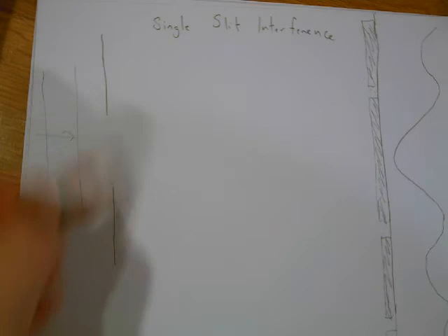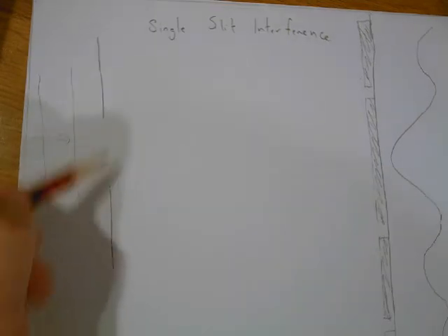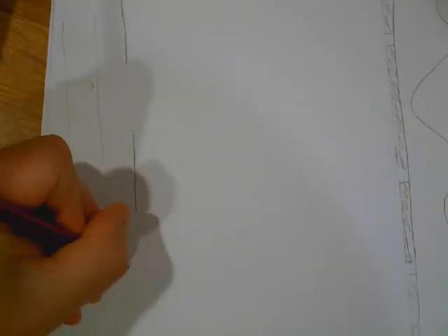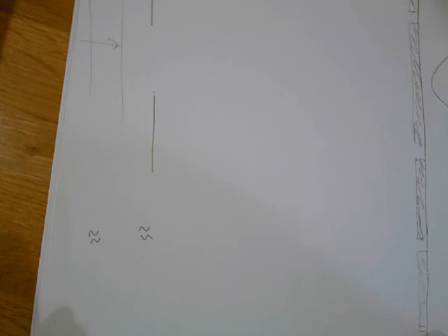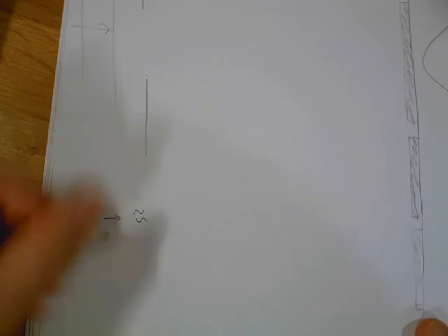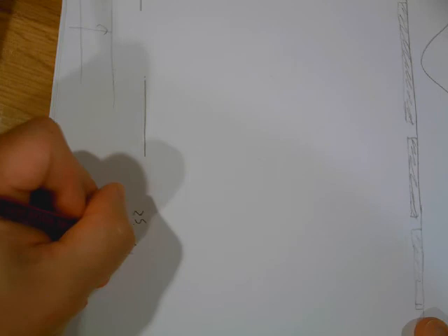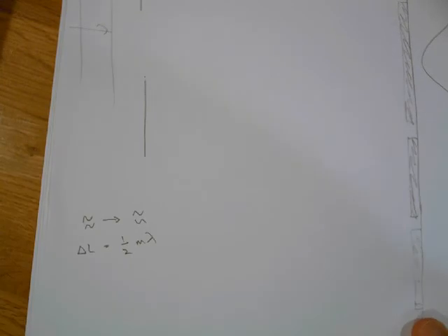So let's just think about what we're doing. We're starting here. We are starting in phase, and you might think, well, geez, there's only one source here, and there isn't. We'll get to that in a minute, but let's just jot this down. So remember, we are starting in phase, so our starting condition would look like this, in phase. And then I am ending at one of these dark spots. That means my ending condition is going to be out of phase, so that if I'm starting in phase and ending out of phase, that means my path difference has to be off by